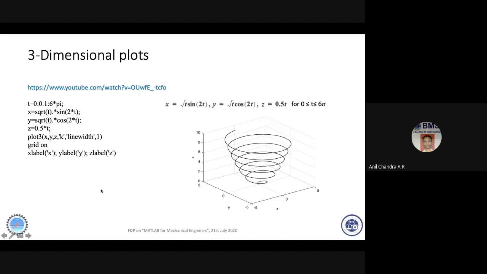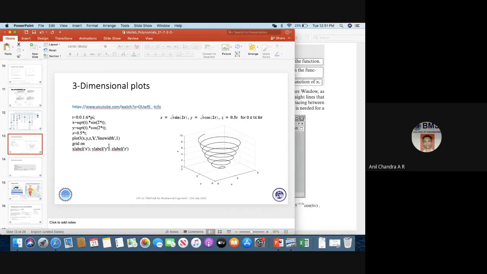So the easiest thing that you can think of is the plot3 command, and bring in x, y, z here. That's it. I want it in a black line, so k, line width is 1. Then label x, y, z. And grid on is just optional. You can avoid it if you wish.